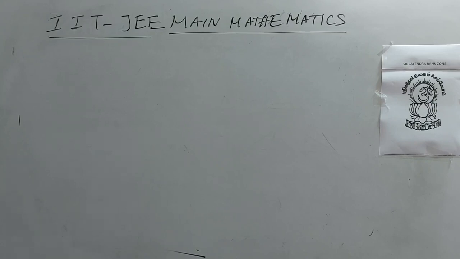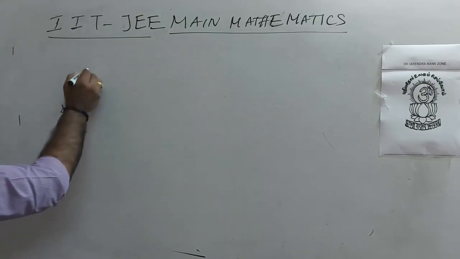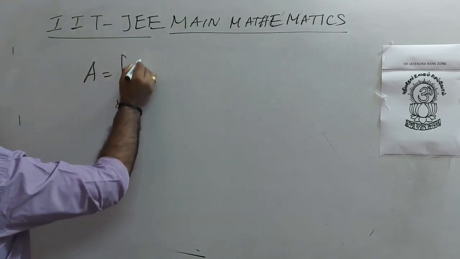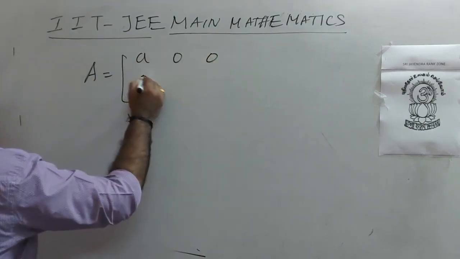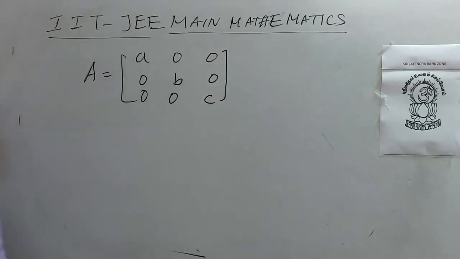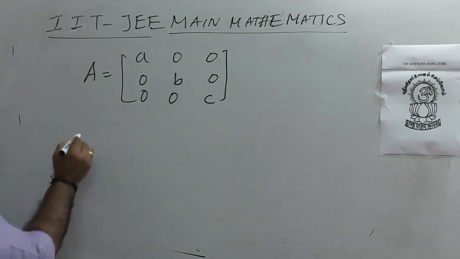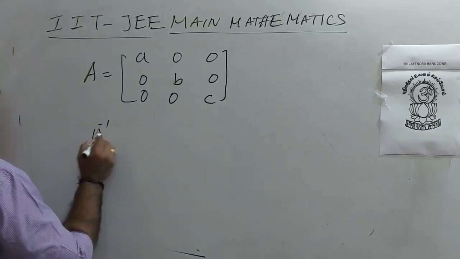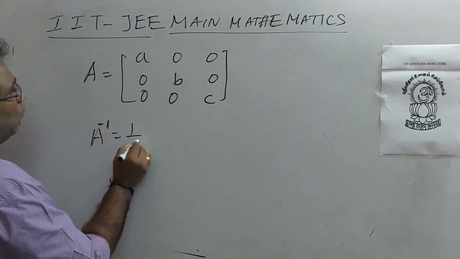Dear students, in this session we are going to continue solving problems in matrices and determinants. Consider the diagonal matrix A with diagonal entries a, b, c: a 0 0, 0 b 0, 0 0 c. A inverse is equal to 1 by a...